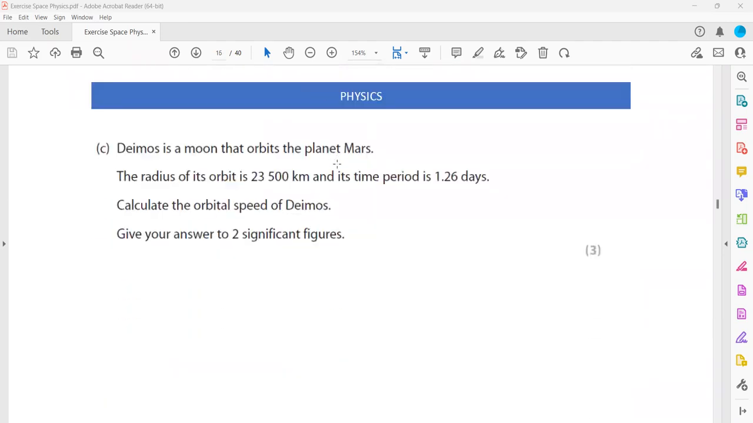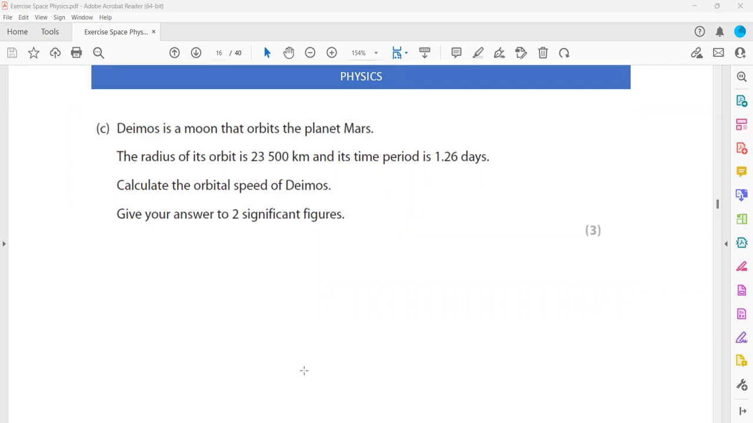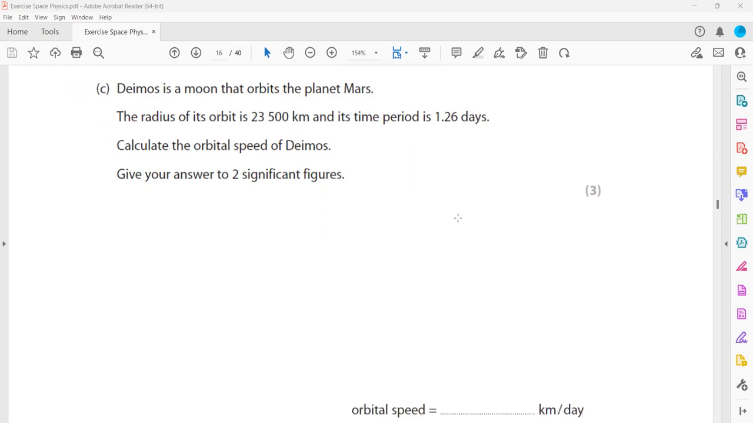so we have Deimos, a moon that orbits Mars, and the radius of its orbit is 23,500 kilometers, and its time period is 1.26 days. Calculate the orbital speed in kilometers per day. So, for example, this is the planet Mars, and there is a moon which is orbiting Mars,